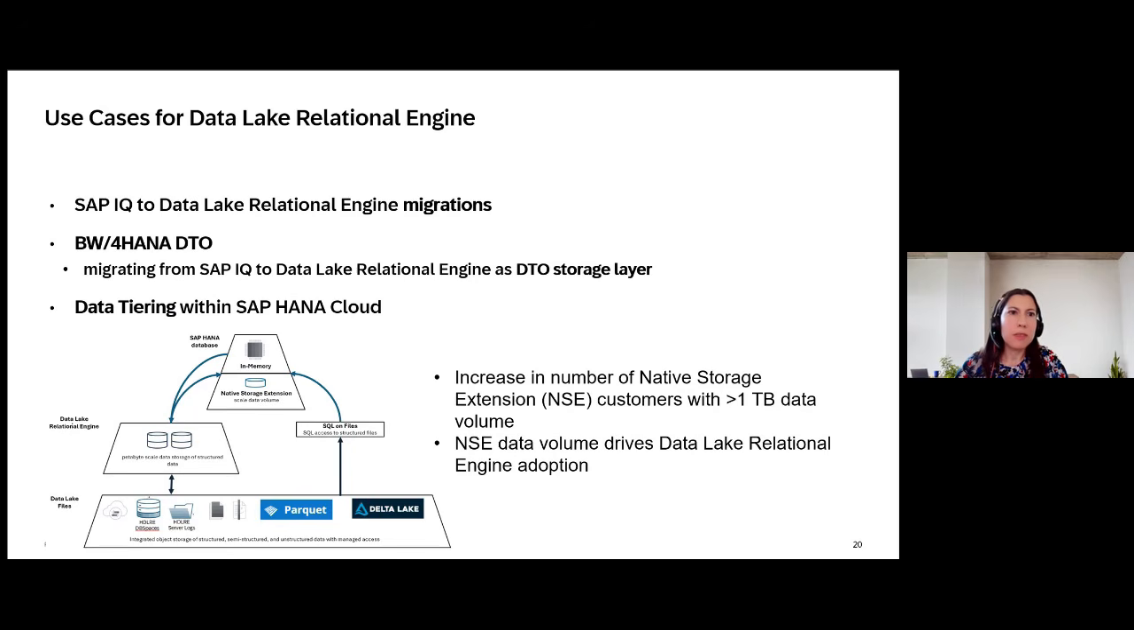We have divided the use cases for Data Lake Relational Engine into three categories. The first one is migrations from on-premise IQ to Data Lake Relational Engine, where customers can benefit from enhanced scalability, flexibility, reduced maintenance effort, lower TCOs, automatic backups, point-and-click restore, to name just a few. The second category is